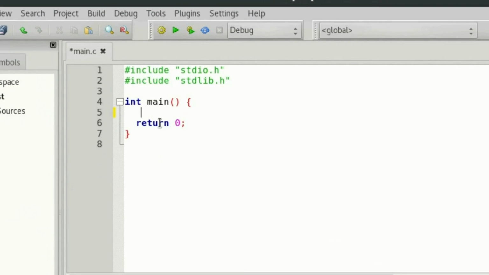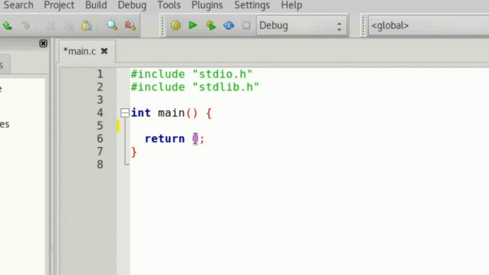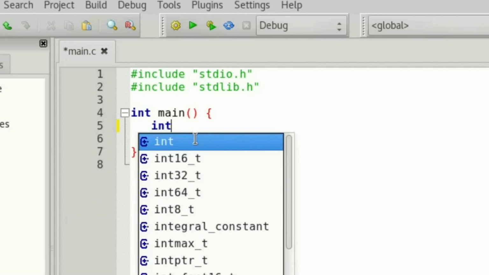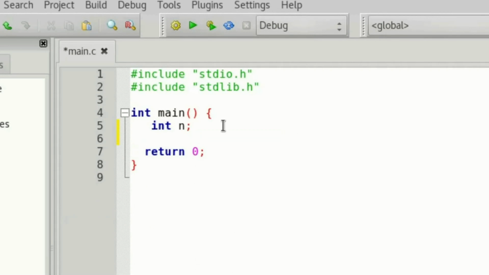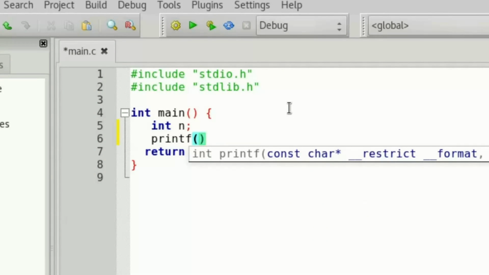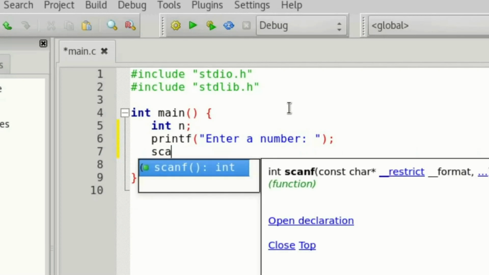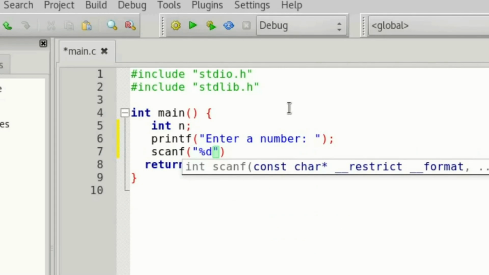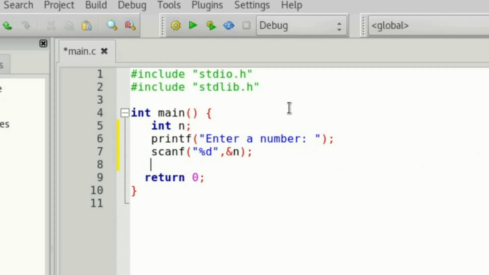Here is our main function, and inside that we are going to write that simple program. Let's declare a variable named n to store that number, and simply a printf "enter a number", and then a scanf to scan that number, comma, address of n. Then we are going to use a for loop to check whether that number is a prime number or not. For that for loop we need another variable named i, so declare it there, and